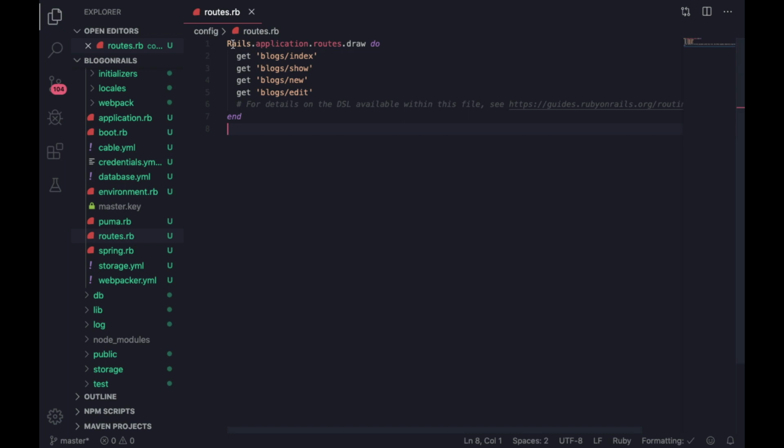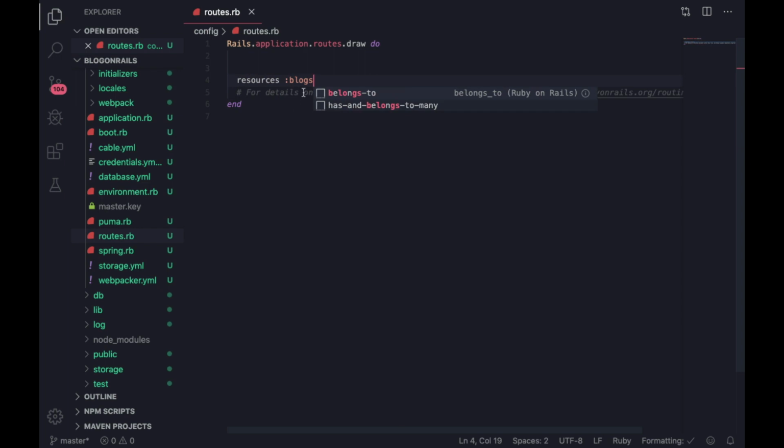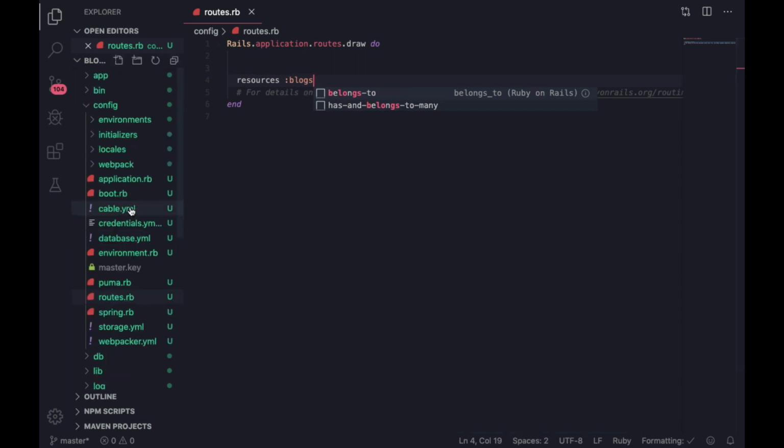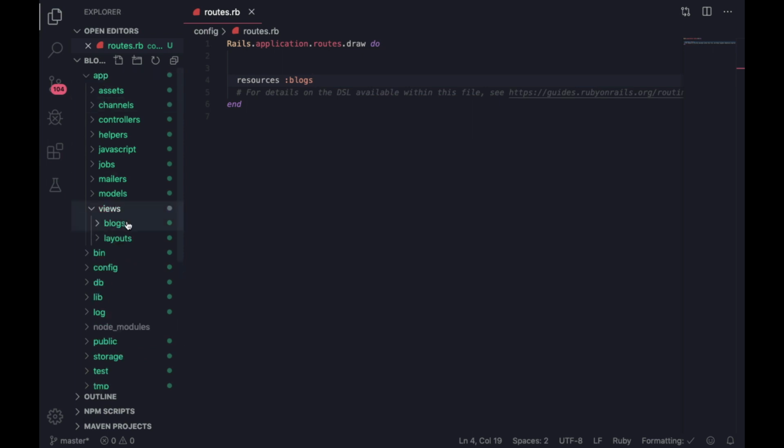So inside here we now have these paths that were generated by rails when we ran rails g controller. So let's remove them, and instead I want to use resources blogs, and we don't need to specify any paths because I want to use the full CRUD. And so let's head over to app views blogs, and here let's create a new file, underscore form html erb,